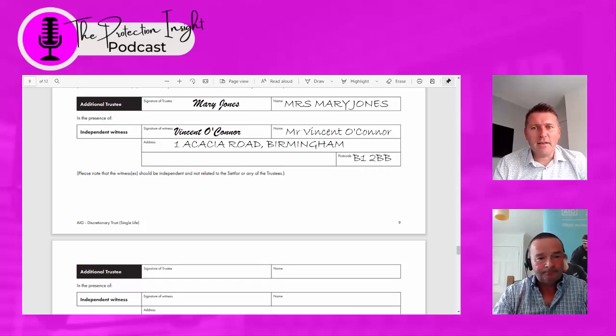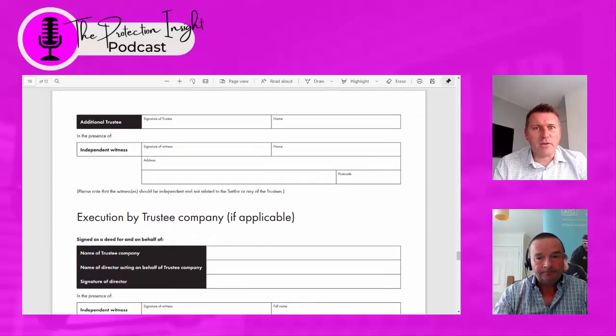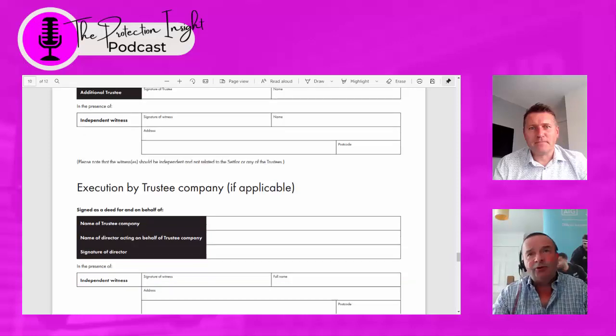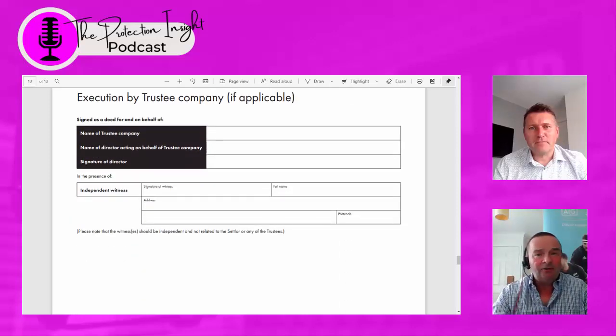Okay, and then we're nearly at the very end of this now. We've got the execution by trustee company, if applicable. Very unlikely this is going to be applicable. You can employ a trustee company rather than individuals to act as your trustee. That's more commonly the case where you're talking about big, complicated family trusts, one of these big wealth trusts where there's a lot of administration involved, and you might outsource that